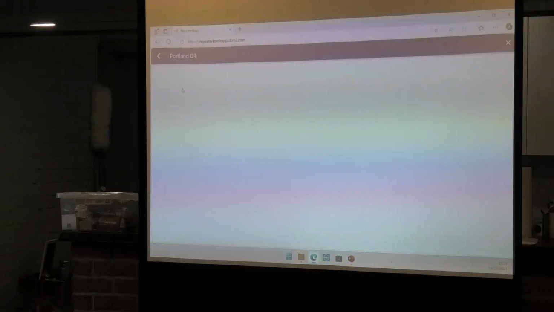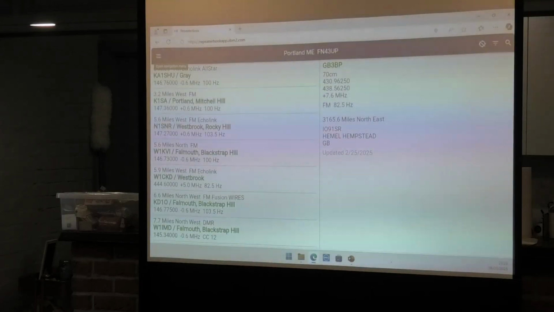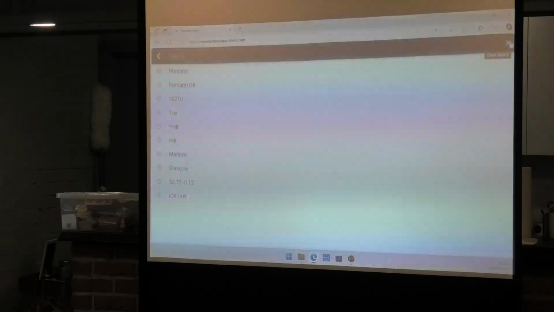Or we can just say Portland, Oregon, and we can see Portland, Oregon there. The thing to remember about the search is you've got all these different types of search that are all returning this single list. So by that, if we go back to our search there, you can see we can search Portland, Oregon, 90210, which is an American zip code,